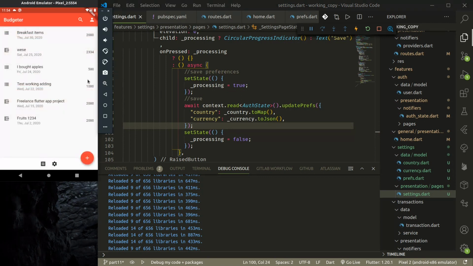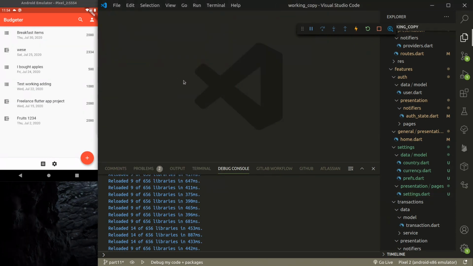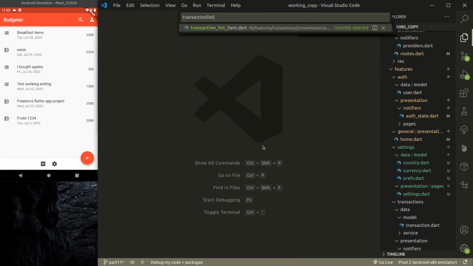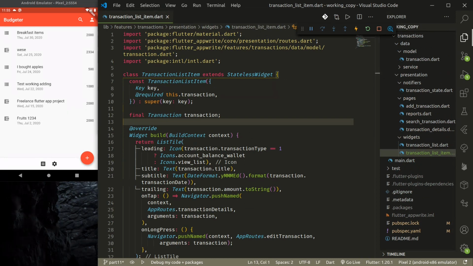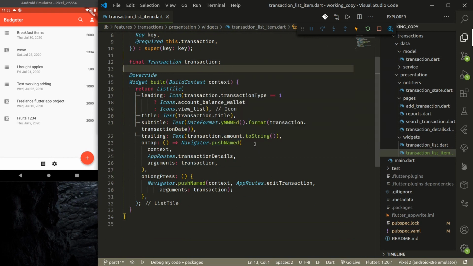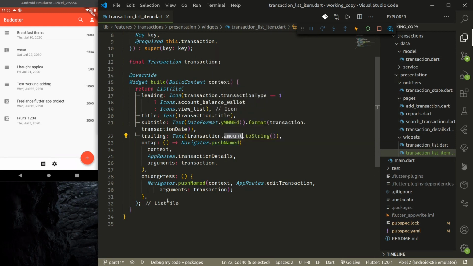Now what remains is we need to use those currency symbols in our designs. So let me close all and let me open transaction list item. Okay, so in transaction list item, where we are displaying the text, where we are displaying the amount. Where is the amount? Here we are displaying the amount. Here I'd like to add the currency symbol. So I'll create a function here that will return a currency symbol, string,